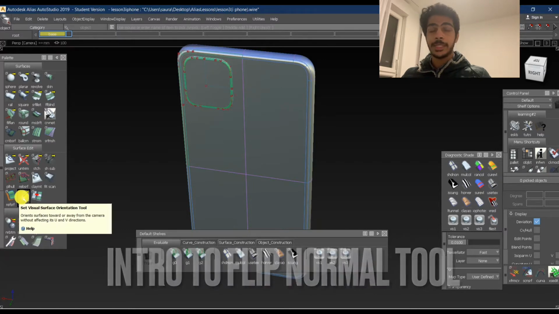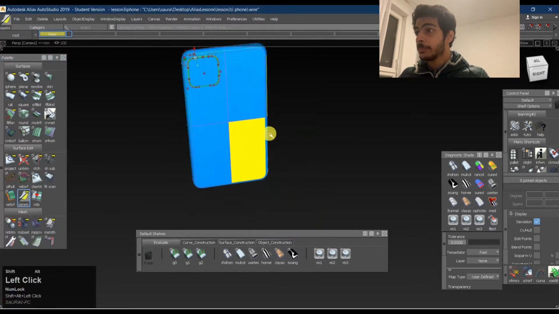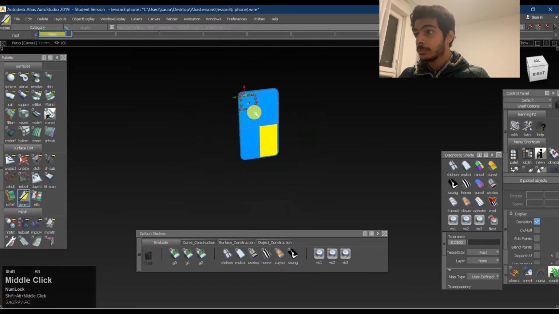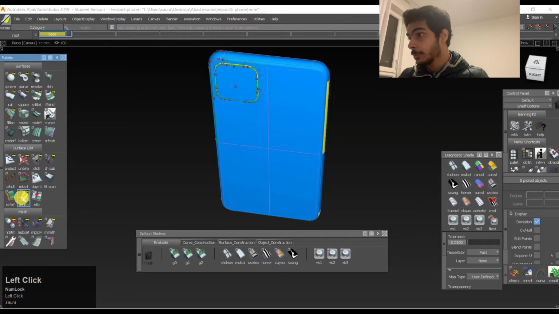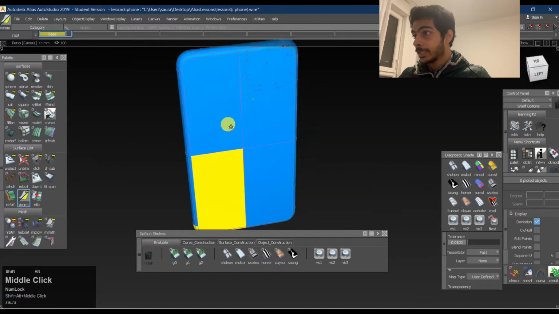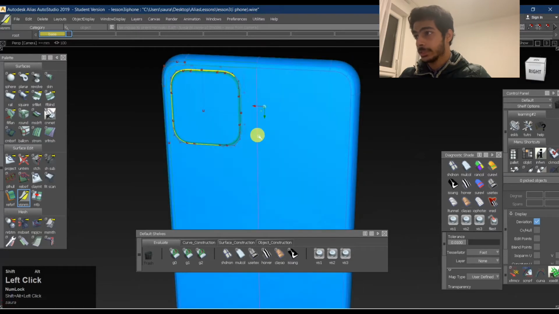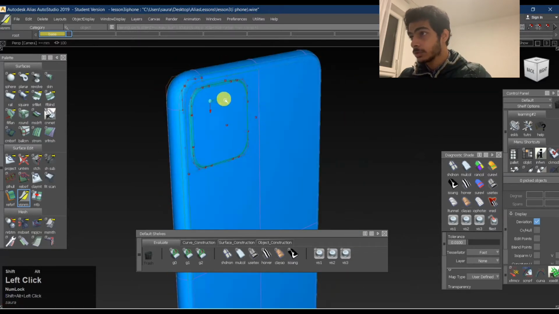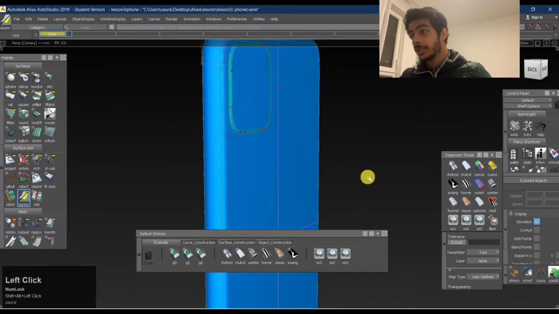So any object in 3D has two normals, right? There's one inside and one outside, right? So you select this. So try to keep all the blue ones outside. So how you are gonna do that? First you'll have to go over here on visual normal. You just click on that and you keep making a bounding box around it, right? So you see how I'm making a bounding box and it's converting itself into blue. So that's what we want. We don't want the normals to be yellow or blue, right? We want it to be one single color.